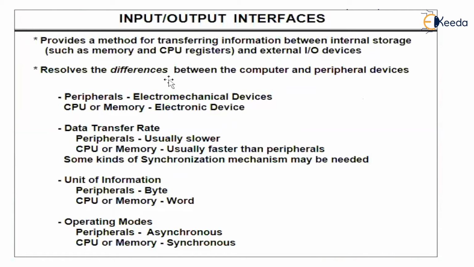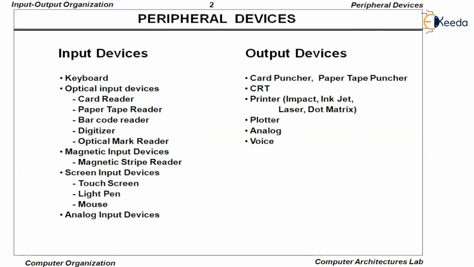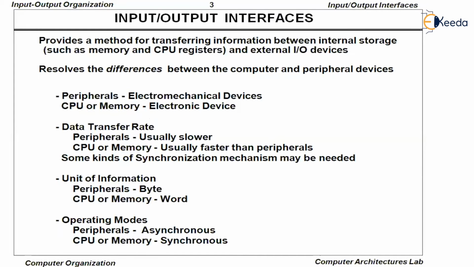You know that the types are different. That is, peripheral devices are either electromechanical devices or electromagnetic devices. But the CPU is only an electronic device. So here we need to have a signal conversion, from one signal to another signal. Peripheral devices release only electromechanical or electromagnetic signals, but the CPU releases only electronic signals. So we need to convert the signals from one to another. For that, we do require a mediator.